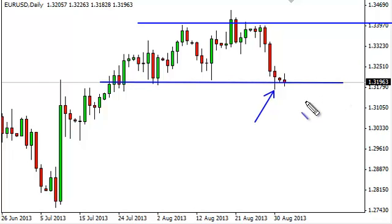A breakdown below the bottom of the hammer, we will more than likely head to 128. At that point in time, things get really interesting, but that's a story for another video. If we manage to break the top of this hammer here, we see no reason why this market won't go back to 134. This is going to be greatly influenced by what the Federal Reserve does,